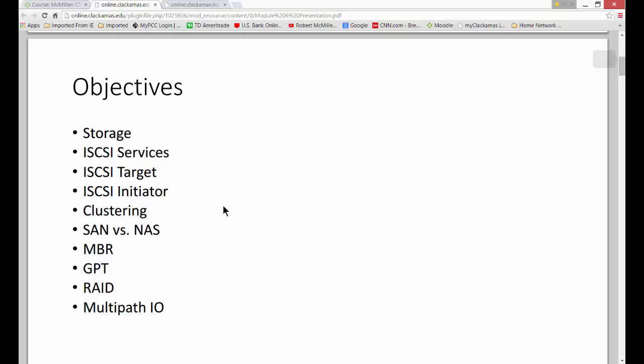So storage is something we covered in previous classes, but we certainly have not covered it in the way we're going to do it in this particular lesson. We're going to talk about iSCSI services, target, initiator. We're going to talk a little bit about clustering and SAN versus NAS, which is really confusing to a lot of people. MBR versus GPT when you go to format a drive. We're going to talk a little bit about RAID, although in previous classes that has been mostly covered. And we're going to talk about Multipath I/O, which is something that we could use when we are doing clustering